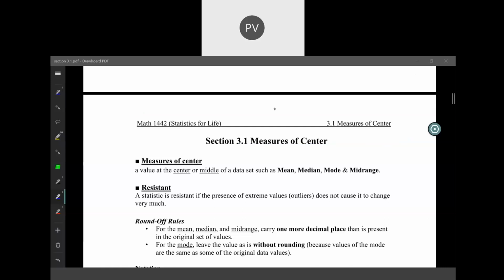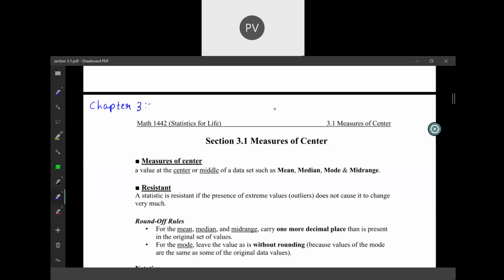Hello everyone. So today we will be learning about chapter 3, right? We have already completed chapter 2, which was about frequency distribution table, histogram, types of graphs, scatter plot, regression and correlation. Remember, it is very important to learn how to construct the frequency distribution table. So I have already put that in the video of section, I guess, 2.1. So make sure to go and watch the video again and again until you learn how to construct the frequency distribution